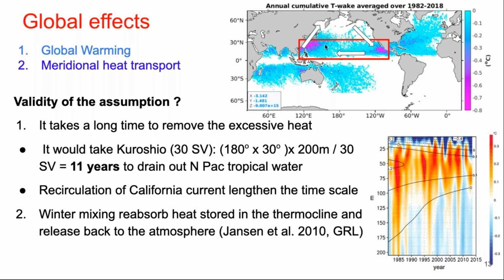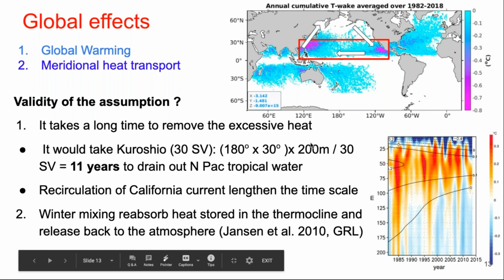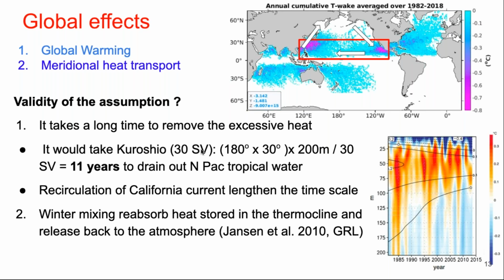For example, if we look at the northern Pacific and do a simple math calculation, the tropical North Pacific extends from 120 east to 120 west, so that makes 180 degrees, and from 0 to 30 degrees north. And for the upper 200 meters, the crucial currents, the fastest westernmost currents, with a mean annual transport of about 30 Sverdrup, it would take about 11 years